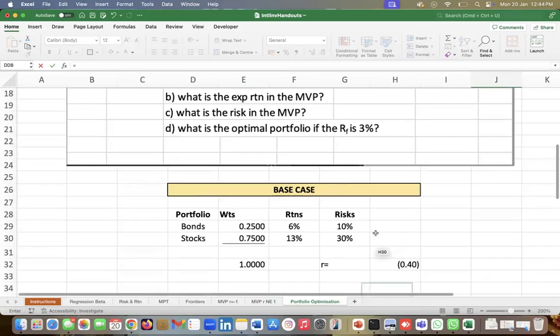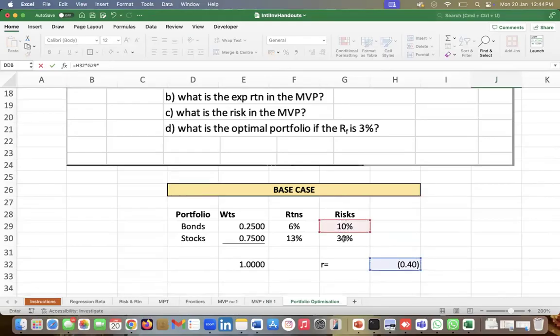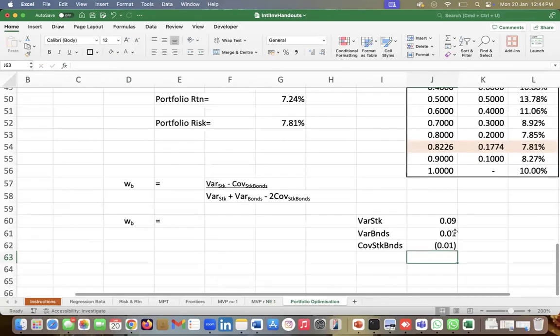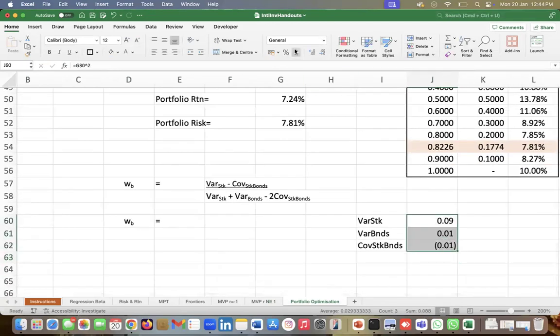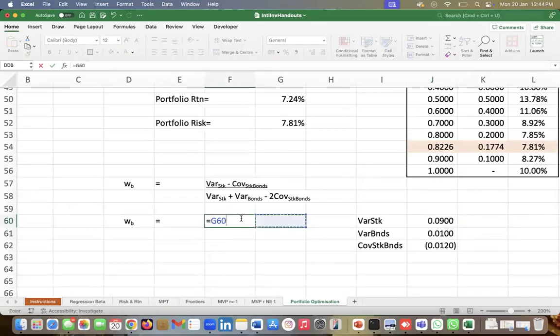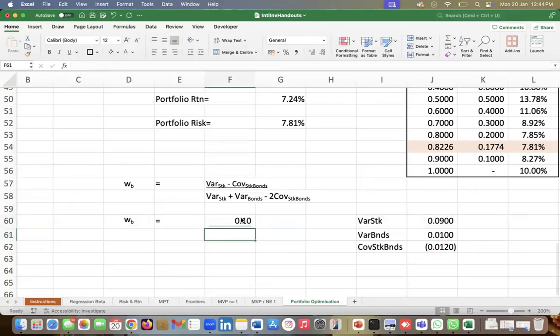R into sigma A into sigma B. So you have got all three of these. So weight of bonds will be variance of stock minus covariance between stocks and bonds in the numerator, divided by variance of stock plus variance of bonds minus twice the covariance between the stock and the bonds, which comes to